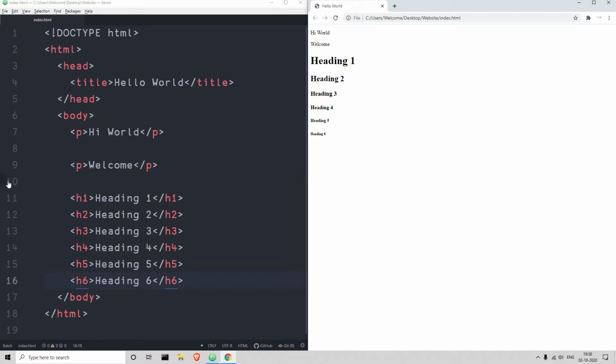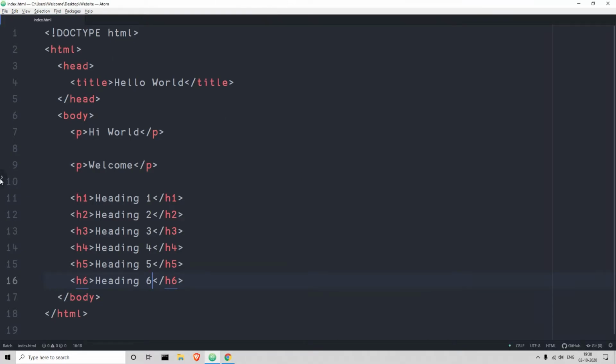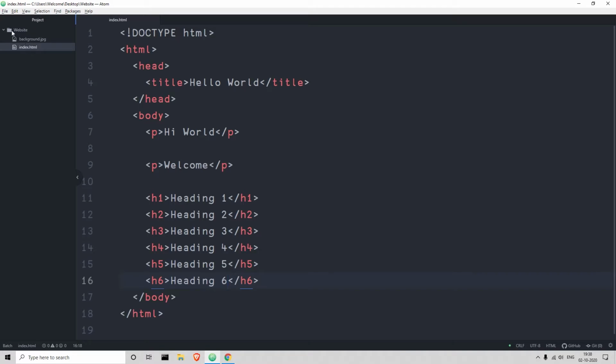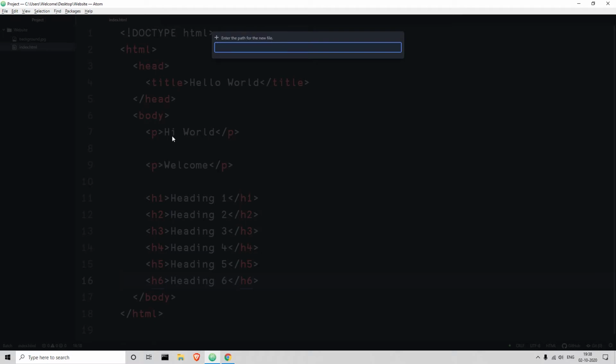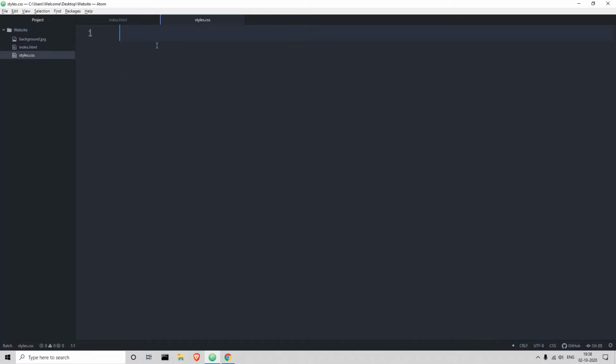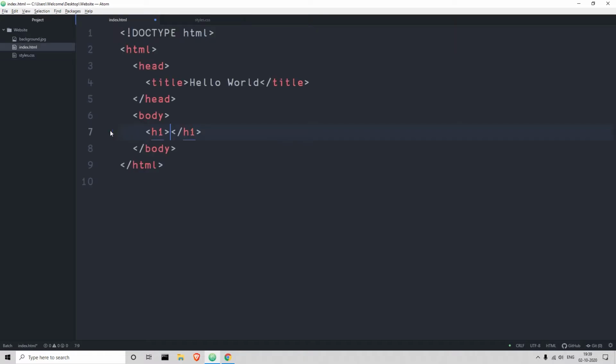So now what I'll do is, I'll create a new file inside my website folder. Create a new file. I call it styles.css because it's a CSS, so it has an extension of CSS. So instead of all of this text, I'll just use two types of ones, heading 1 and paragraph. And inside heading 1 I'll just put welcome, and inside paragraph I'll use our channel's name. So now I'll save this.